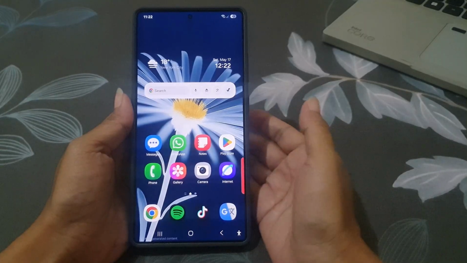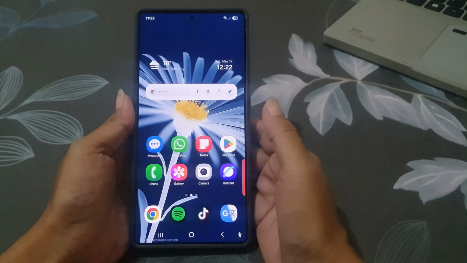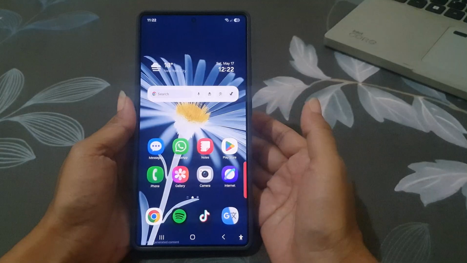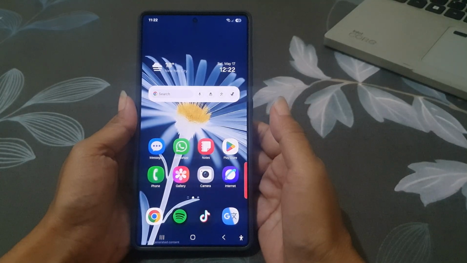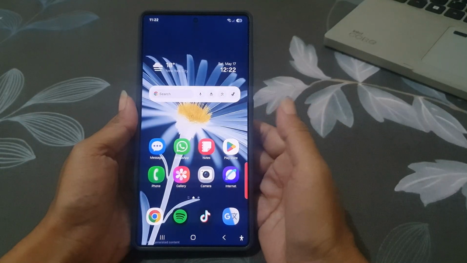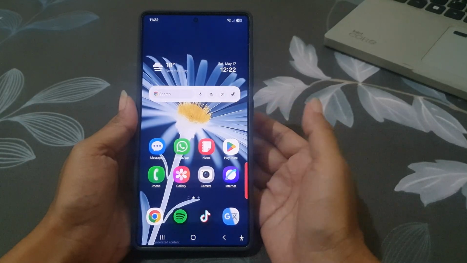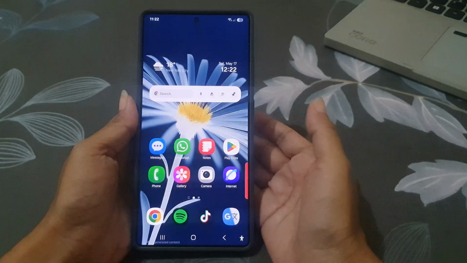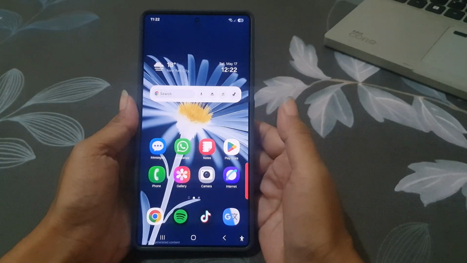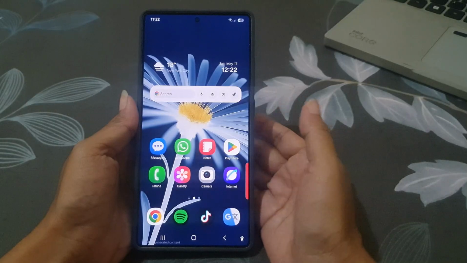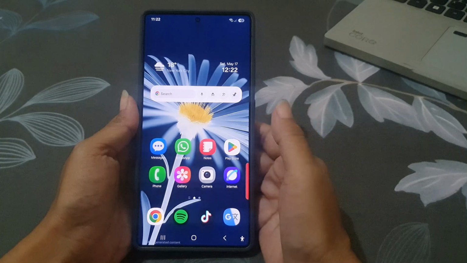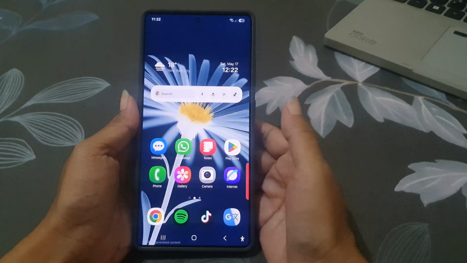Have you ever found yourself trying to quickly jot down an event or appointment, but fumbling through menus just to open the calendar? No need to worry, because there's a one-tap shortcut on your Samsung Galaxy S25 Ultra that takes you straight to the event creation screen. No extra step and no app searching. Let me show you how to use the Add Detailed Event shortcut from the Edge panel, so you can start